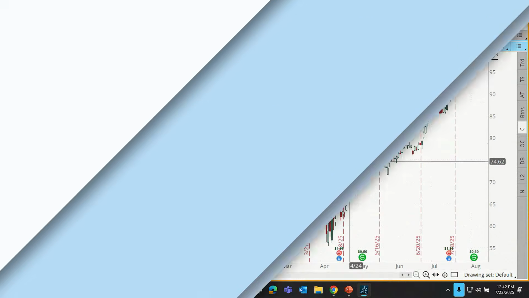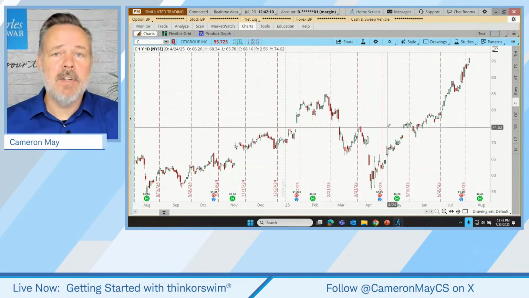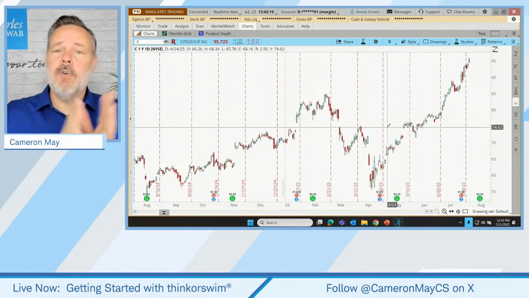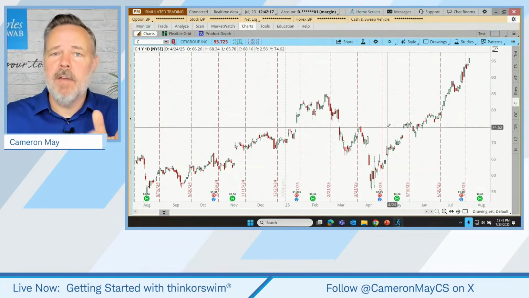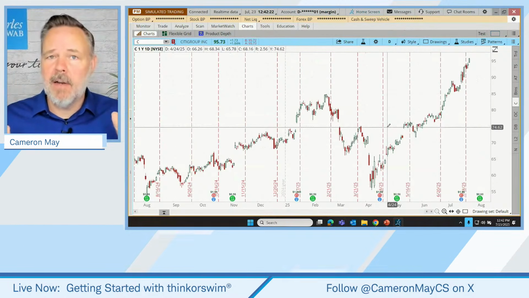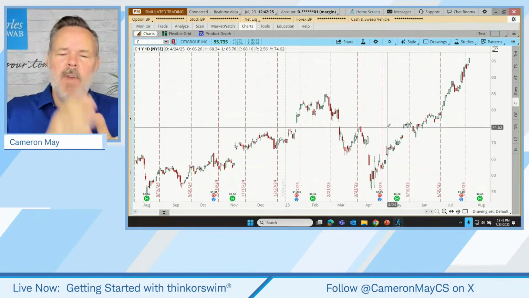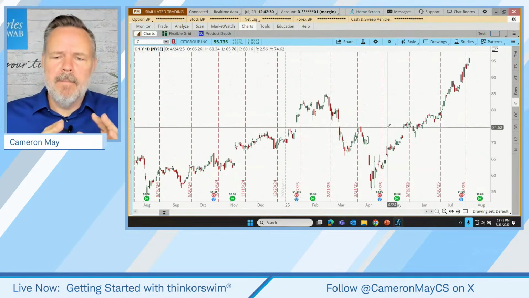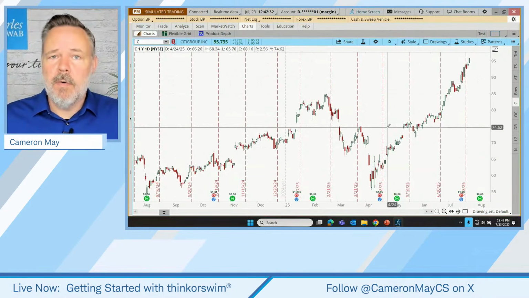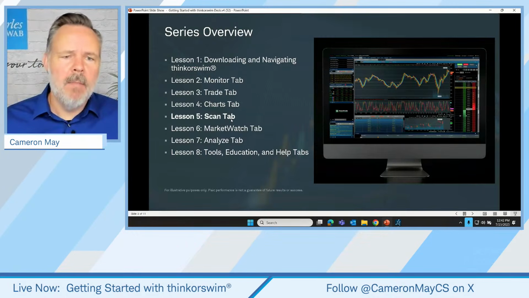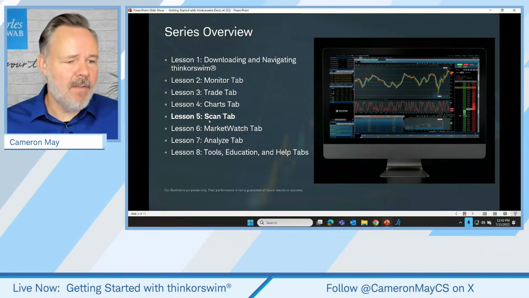But guys, that I think is a pretty good, thorough introduction to this tool. We've covered a lot of territory. I hope you found some new tools if you're a veteran user of thinkorswim. If you're brand new to this, I hope you're not too overwhelmed by how much functionality there is here. But we've acquainted ourselves, I think, with just about every feature that most new users of the tool would want to know. So hope that's been helpful for you. We're going to continue our lesson series next time, moving on to the scan tab, lesson 5.